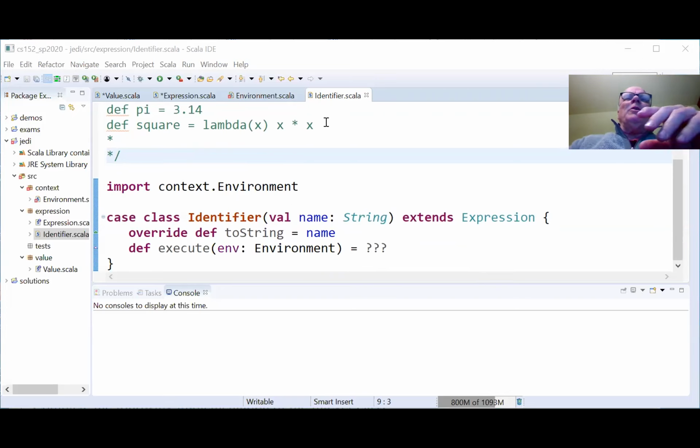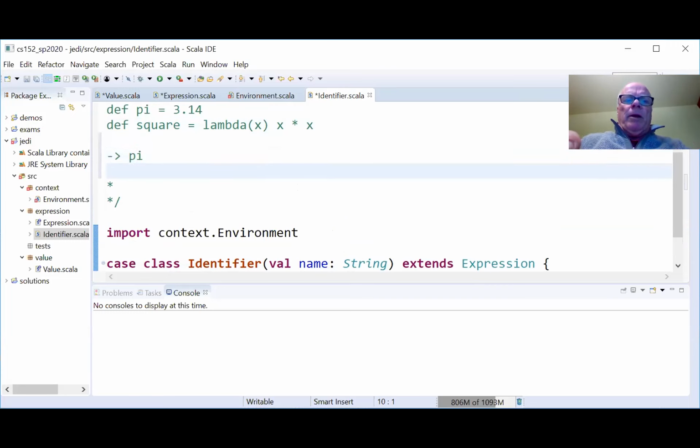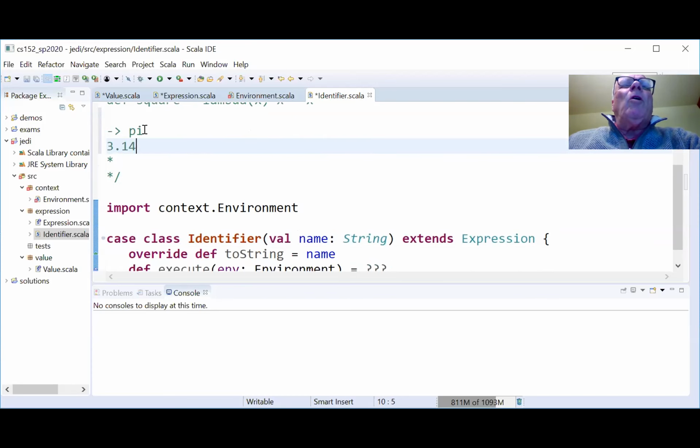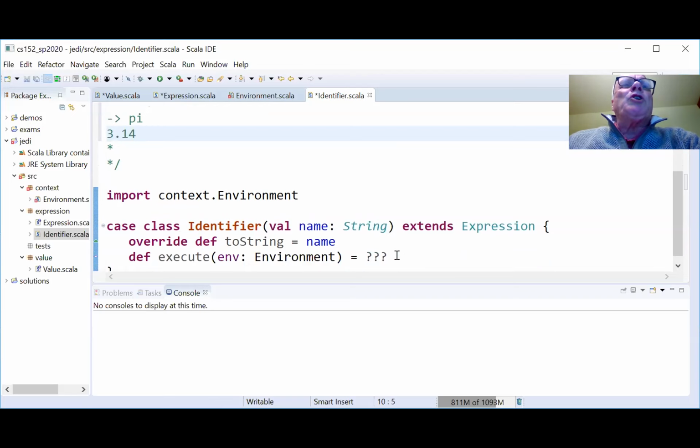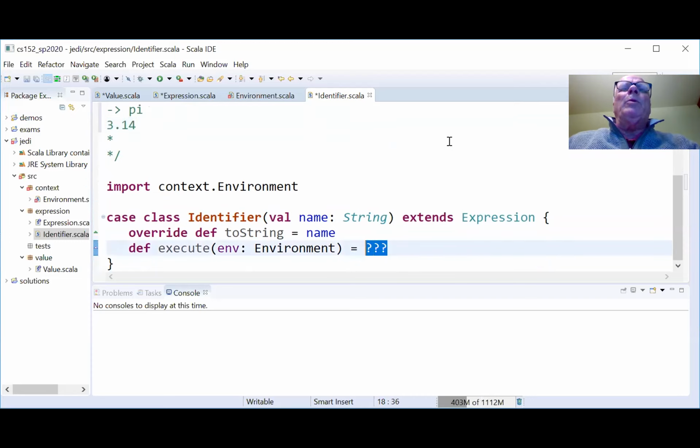Okay, so this execute is going to get called, like, here's the prompt, and I'm going to type in pi, and it returns 3.14. And so when I typed in pi, pi is an identifier, and this called this execute function. And somehow the answer was 3.14. And so I want you to take a minute if you're working along with me and figure out what you would write or what you should write for these question marks here.